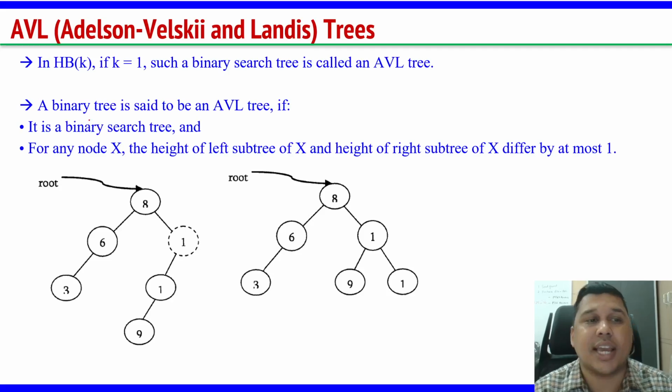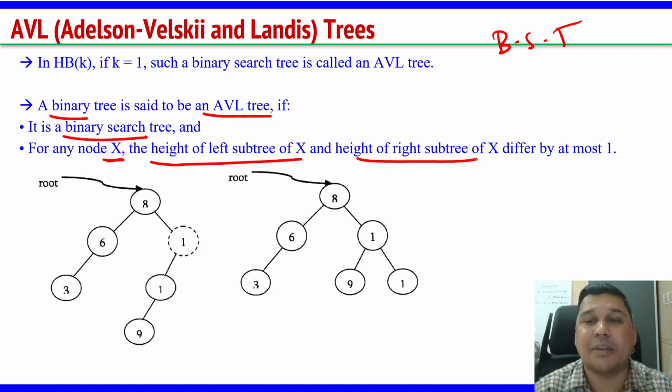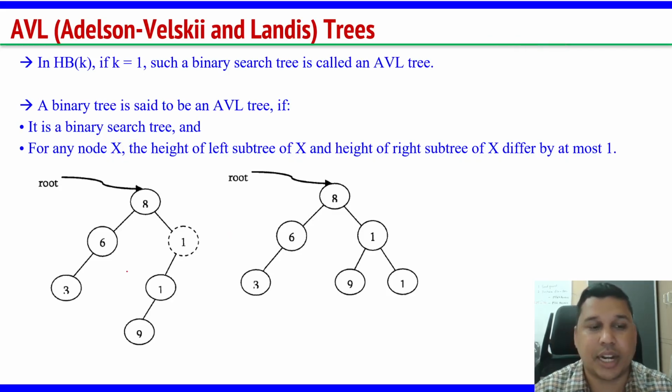So, when can we say a binary tree is called an AVL tree? If it is a binary search tree, that is what we have been talking about, it should basically be a binary search tree, first property. Second, for any given node x, the height of its left subtree and the right subtree should differ by at most 1. The difference between the left and the right should differ by 1. That is the important property here for AVL trees, right. So, this is not an AVL tree, this is an AVL tree,